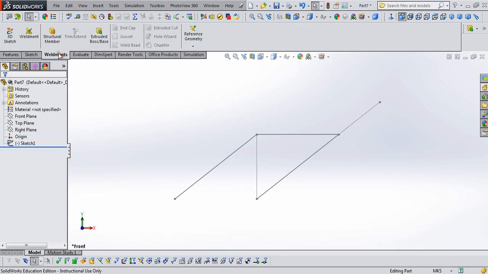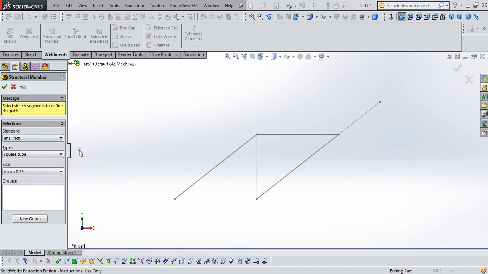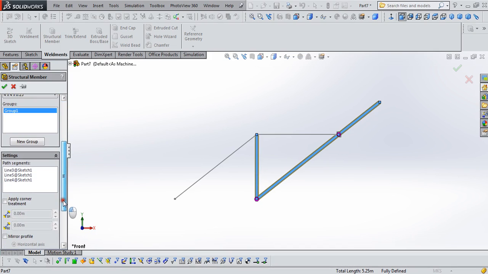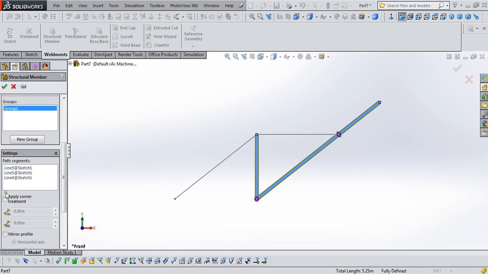Alright, so we're going to go to weldments, structural members. For this analysis, the type of member that we use does not matter. So we can choose anything, and we'll just choose the square tube that I had selected. And actually, I'm going to do something just a little bit different here. Before we go on, we want to scroll down and make sure that we have the corner treatment turned off. It's a neat feature for some other benefits, but for this structural analysis we don't need it on, so we'll